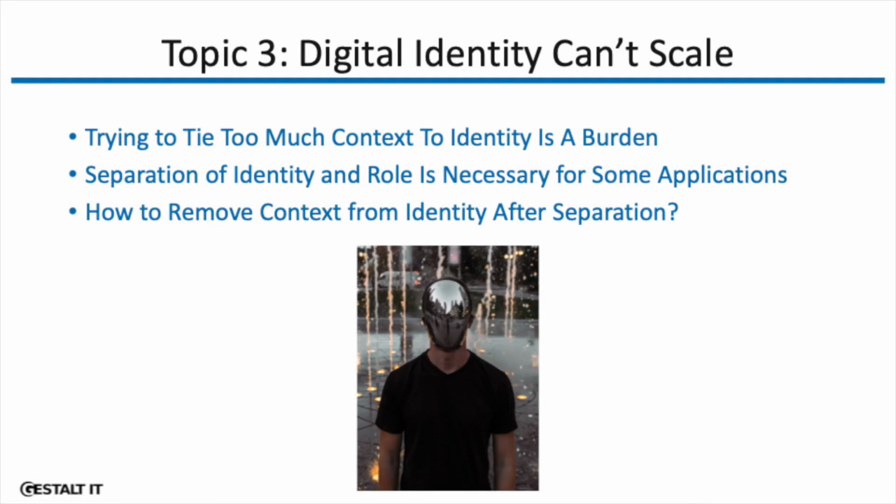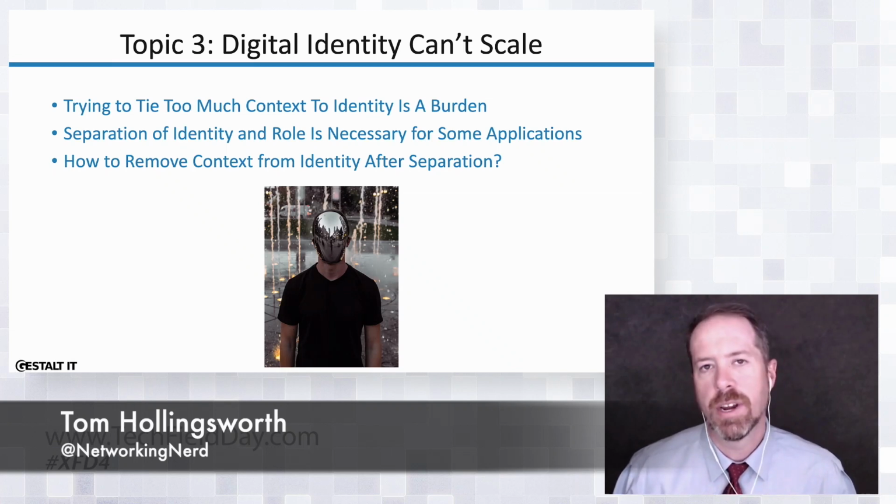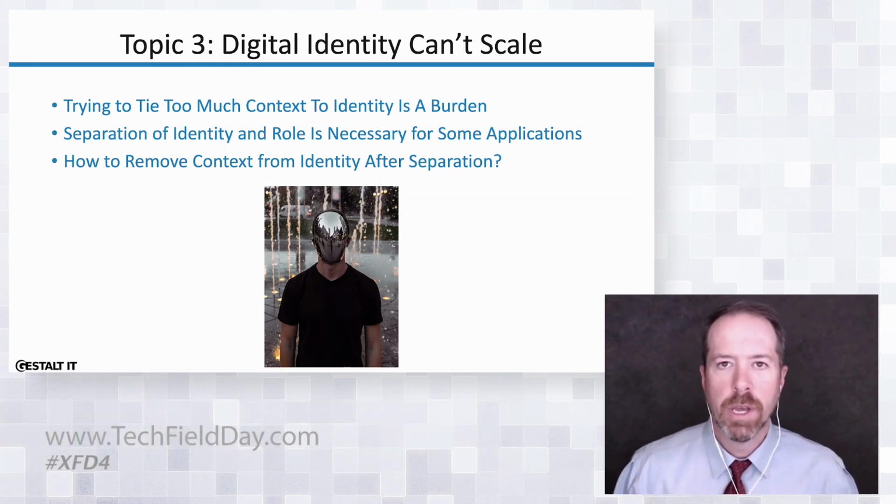When we talk about digital identity, I think this is a huge problem that we need to be aware of. One of the things that I've noticed over the last few years is, as the number of identity management providers has grown, this idea that we can just keep attaching context to someone's digital identity is taking off. It's like, oh, well, think of it like role-based access control on the Jekyll and Hyde formula. We just keep stuffing context into these people, whether it's zero trust or role-based access controls or what have you. And we're creating a huge burden because it's very difficult to unwind all of those contexts from people